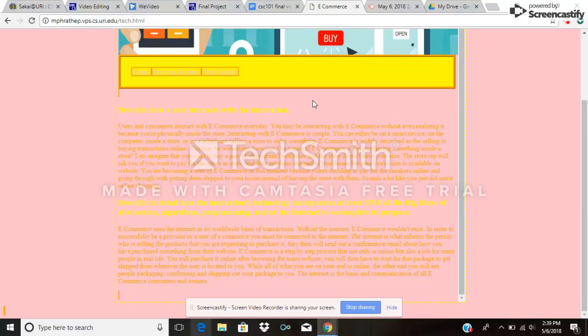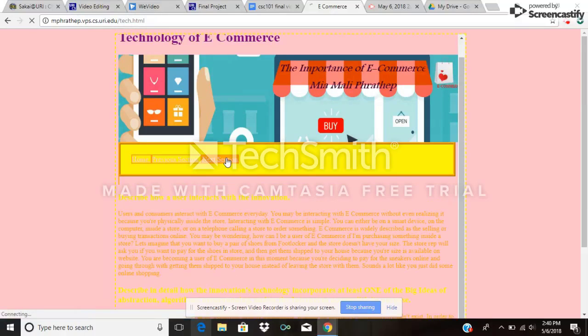E-commerce is a step-by-step process that is not only online, but also a job for some people in real life. You'll purchase it online, browsing the user's website, having to wait for the package, and then get it shipped to you. And just so you know, all those things are being done by real people. All you see on your end is that you just paid and put in your credit card information, you're staying at home and getting something shipped to you, and you will see that everything that you did on the internet caused you to get something in real life that is at your home in maybe 1 to 2 or 3 days. Now, we will go to the next section